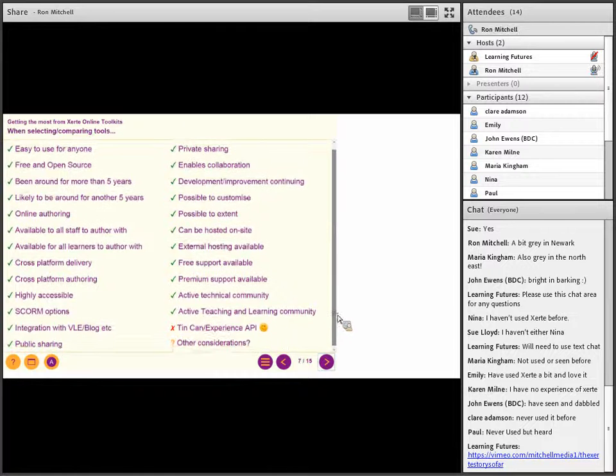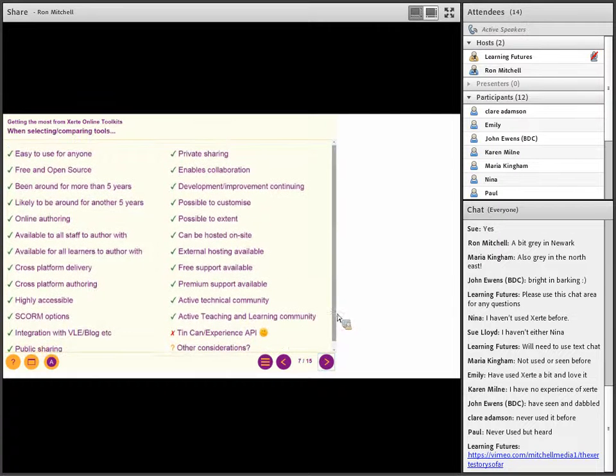There's another thing here. Often people don't compare like for like. So again, you'll have a link to this list, and this is a bit of a lead-in list because all of the ticks here apply to Xerte. It's easy to use. I would argue it's easy to use for everyone and anyone. And I'm not going to read through these ticks. I put one little cross just to share a negative at the moment.